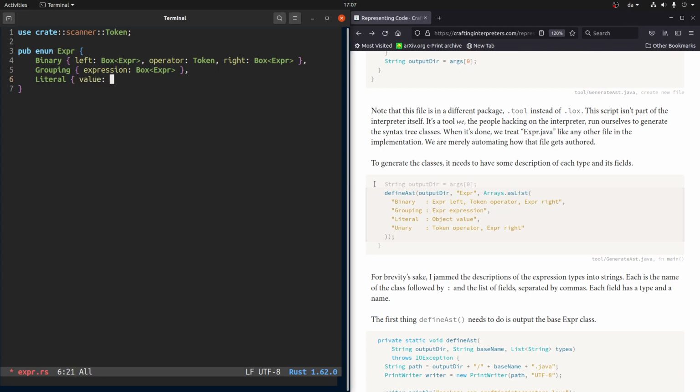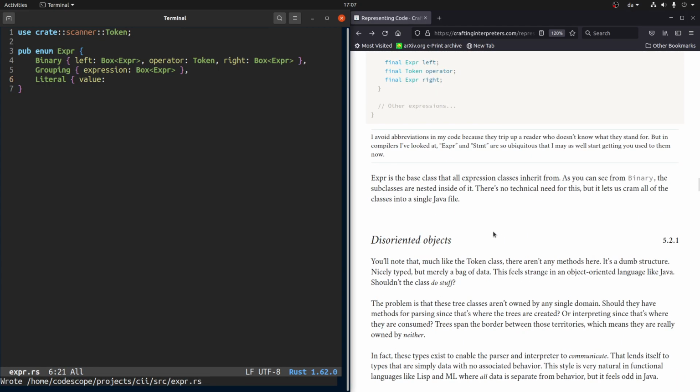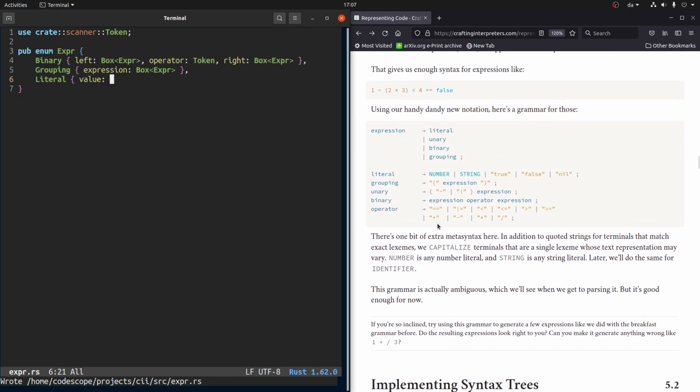So it's a value, but it could be a lot of things. So I wonder what would make sense here? Would it make sense to